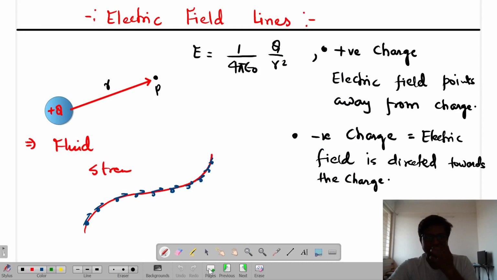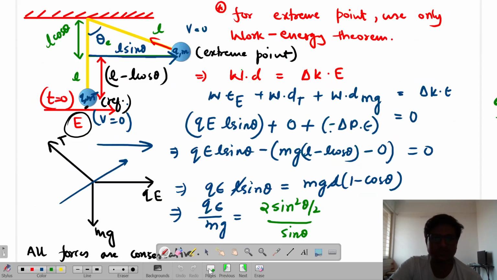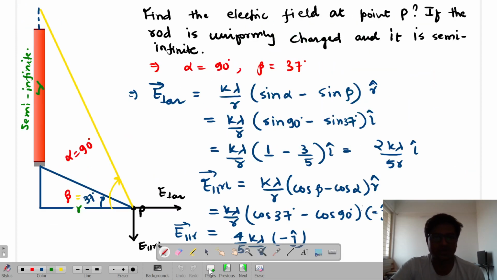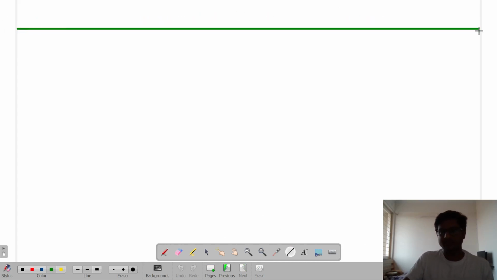So we understood electric field. We even did the questions of electric field lines, then questions related to electric field. Then we got to know about charge distribution, and we did the electric field calculation for one of the cases, which is rod, isn't it? But I want to do the things simultaneously. I want to write for each and every case of charge distribution the electric field and electrostatic potential at the same instant of time. So that is why today I want to make you understand electrostatic potential.